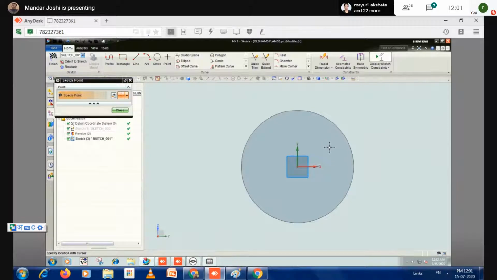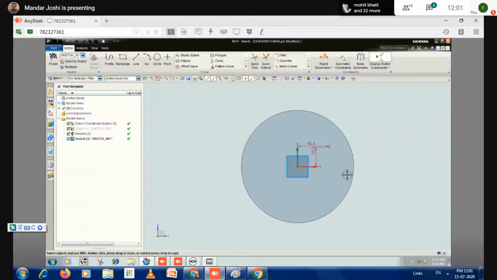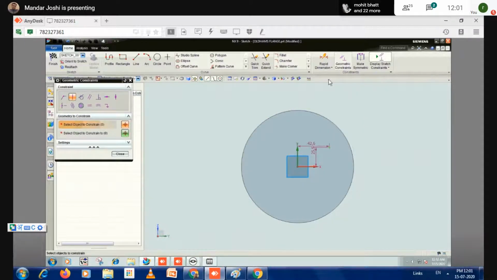So I'm clicking here, middle click, and apply the relation, geometric constraint. So point on a curve, I can use this first point and this axis.